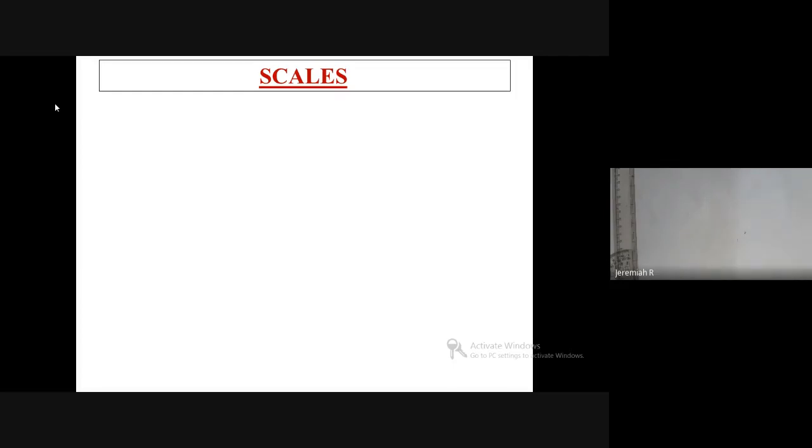I already told you 11E. From the exam point of view, among these six, you'll have one question. So we are going to see the second half, 11B. We have to see scales. There are actually six scales, but from the exam point of view only three scales. We are going to see plane scale, diagonal scale, vernier scale, and after that projection of point. We have to see projection of point for 11B. So we have seen six problems.